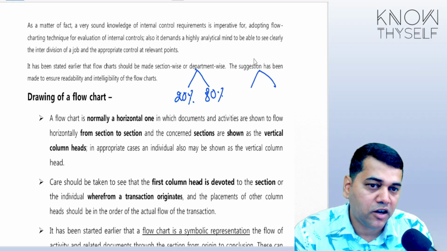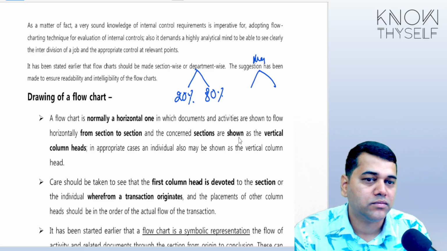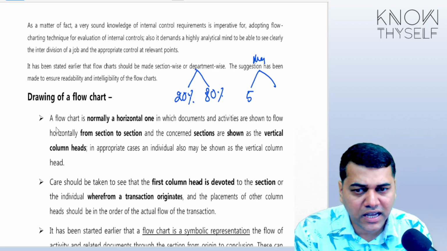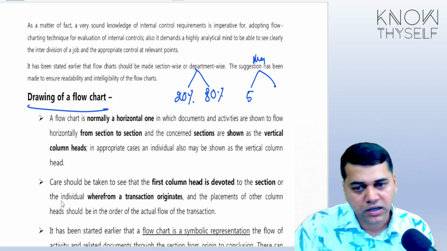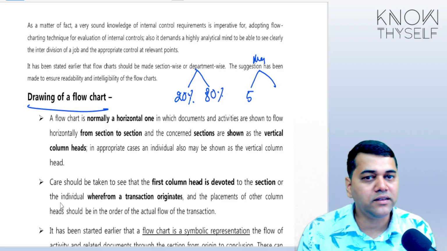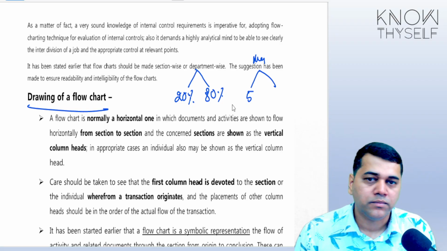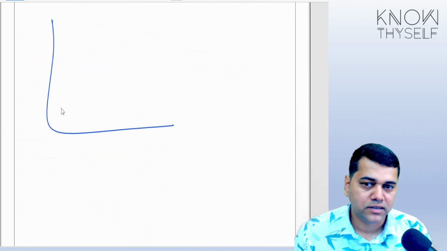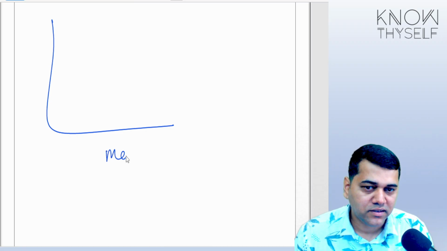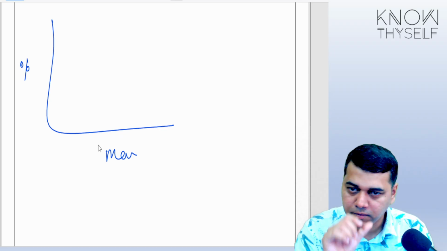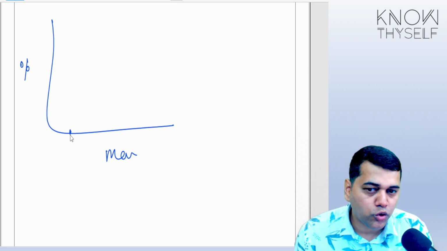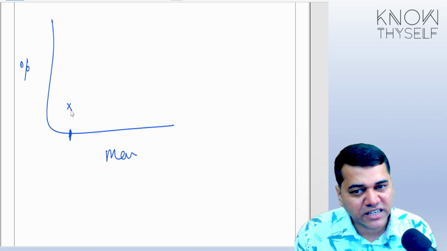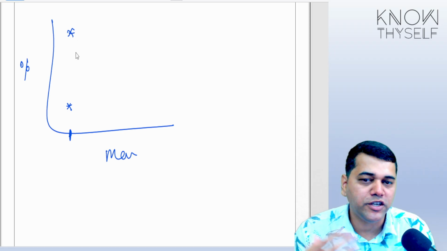Next I will ask how much marks they can ask for. Marks is only, say, max 5 marks. Will they ask 50 marks based on this particular content? If you ask me, then there is a risk. So, if I had to draft a two-dimensional matrix, this is marks, this is probability of occurrence. The marks are very low. So the chance is 20% or the chance is 80%, you need not bother much.